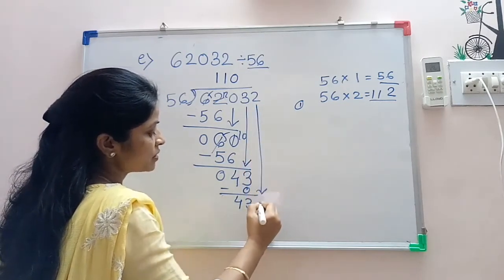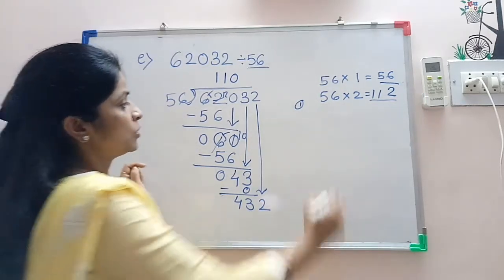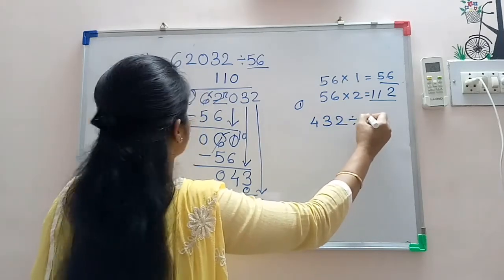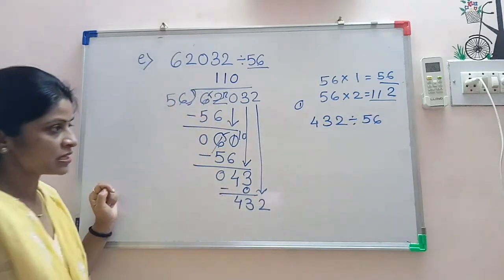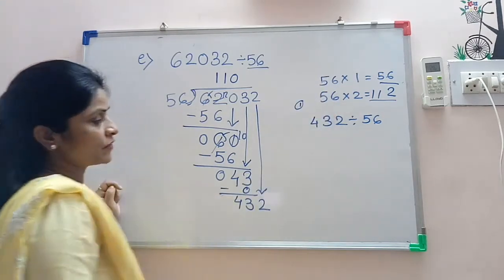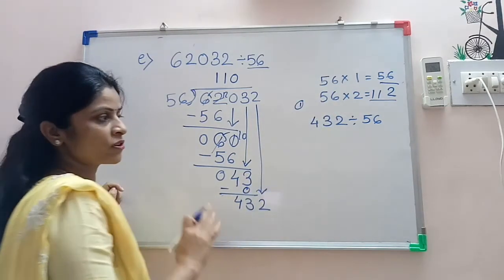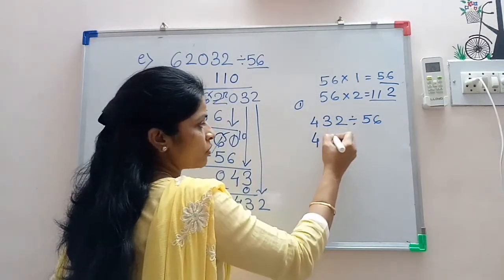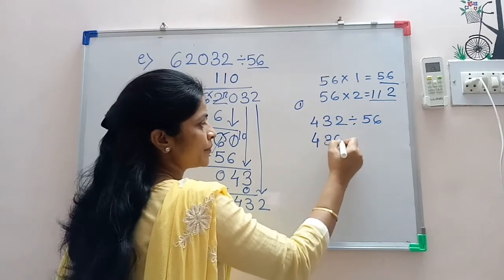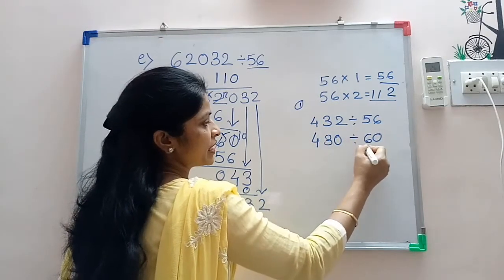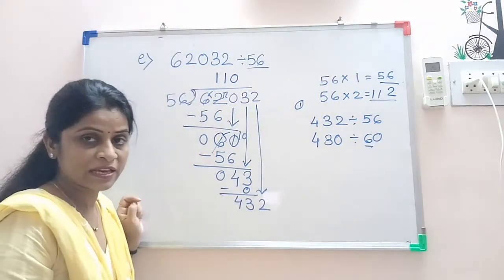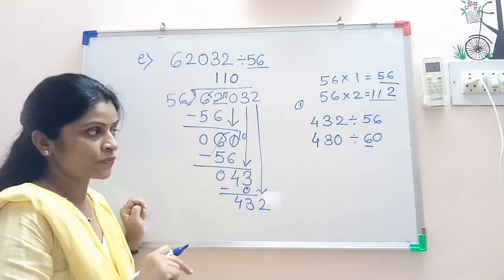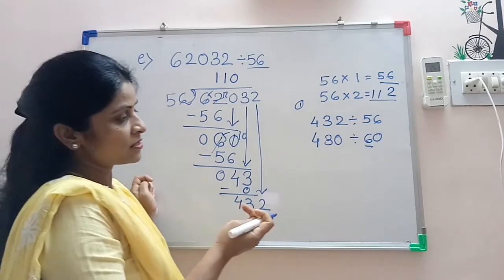And we will take the another number down. Now student, 432 divided by 56. Now you have to see that in the table of 56, this number is there or not. For that you can do one same thing. First we will round up this number to the nearest 10. This will be 30 and this will be 60. Now in the table of 6 you have to see 43 is there. Yes, it is not there. So less than that is 42. So 6 sevens are 42.